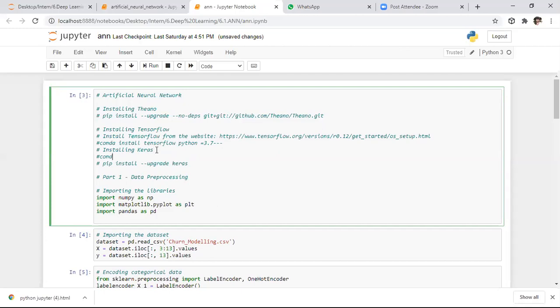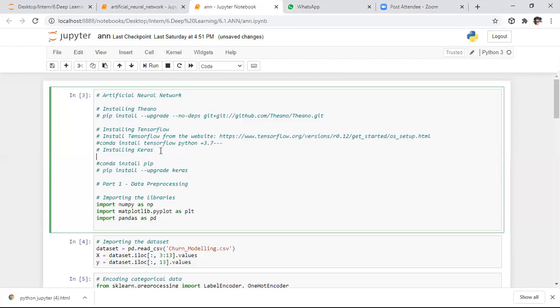Conda install pip. Initially, try to install pip in your laptop. If you want to install Python packages in the Anaconda platform, here is the command. After installing pip, if you want to install Keras, you can use this command, or else you can install it directly with conda install keras. If you enter this directly, this Keras computational toolkit will be installed at the back end of TensorFlow. So this is the way to install TensorFlow.